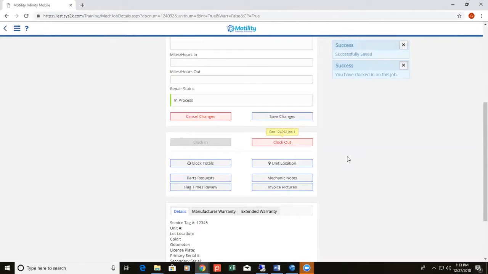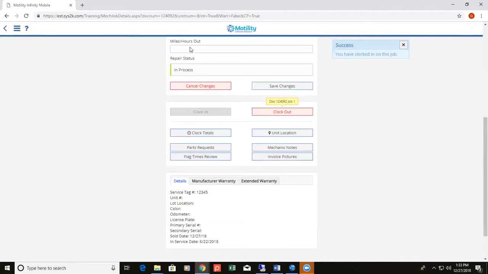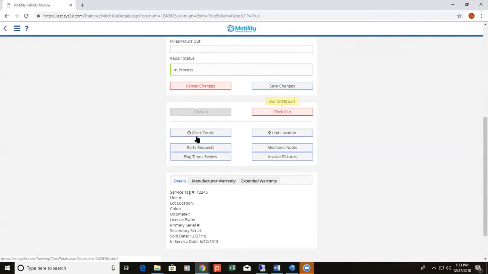And at this point, as a mechanic, I could actually close out of the app, or go to a different web address. I could even log out, and log back in as a different person. My time is still going to be running. The clock is always going to be running on this job line until a mechanic either punches out for the day or tries to clock into another job, and that's when it's going to kick them